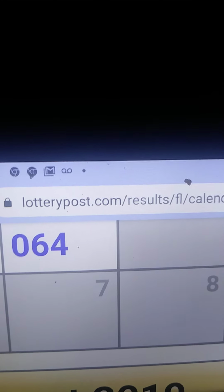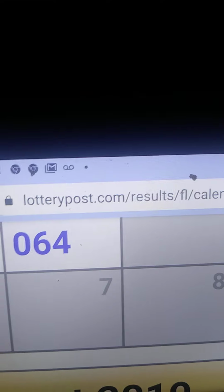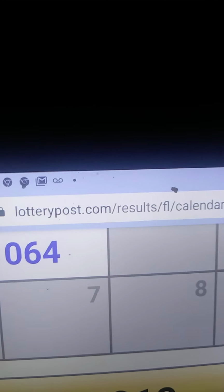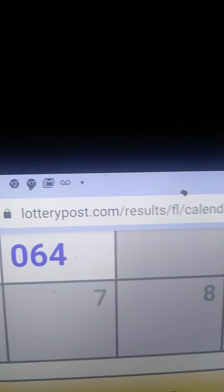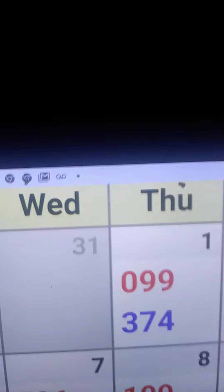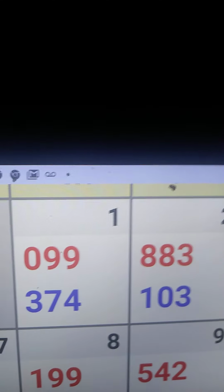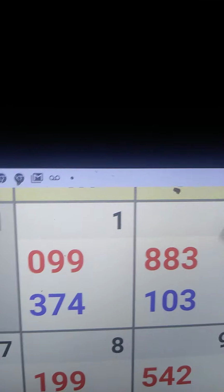I've done this with several numbers. But it's a pattern is what I'm looking at, okay? I hope I'm speaking loud enough. I can't really speak up a lot this morning. But if you look and see, 374 is what came next. So I'm going to go on over here a little bit. And again, right here,